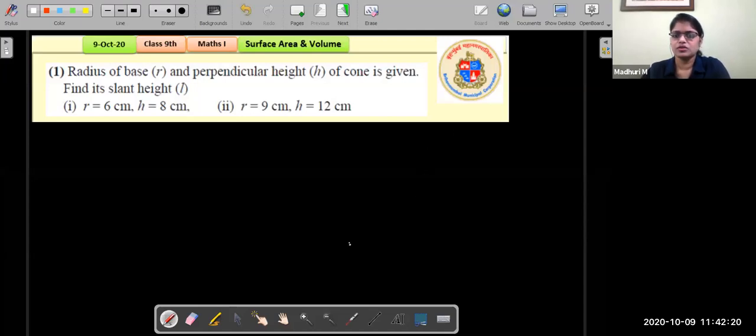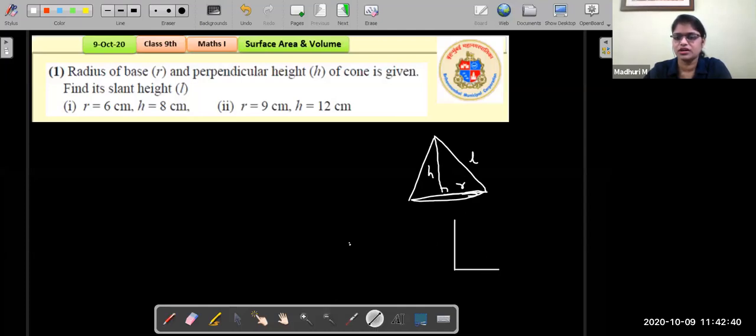Yes. So that's a conical structure like that. And the perpendicular height is h, whereas this is the radius, right? So this is the height h, that's the radius, and the slant height is L. So if I just pull out the triangular structure, it will be like this, and we know when the triangle is a right angle triangle, we can apply Pythagoras theorem to it, right, students?